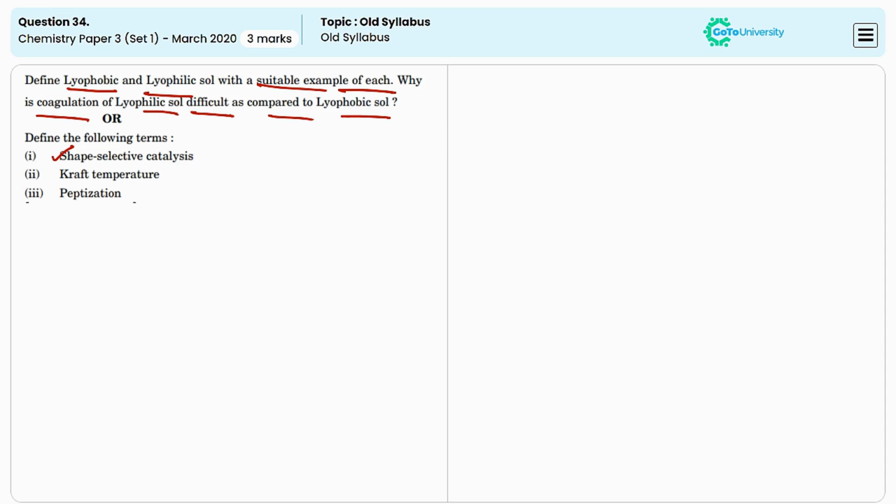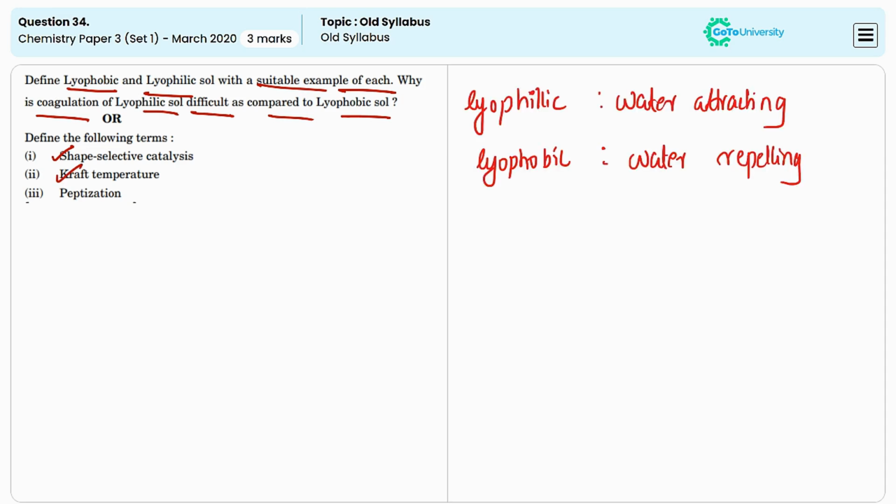The second one is Kraft temperature. The Kraft temperature is the temperature at which a polymer or material undergoes significant degradation or structural changes. For instance, in case of polymers such as polystyrene or polyethylene, it is the temperature where the material starts to lose its mechanical properties and begins to degrade. This temperature is critical for processing and application purposes as it indicates the upper limit for safe use or processing